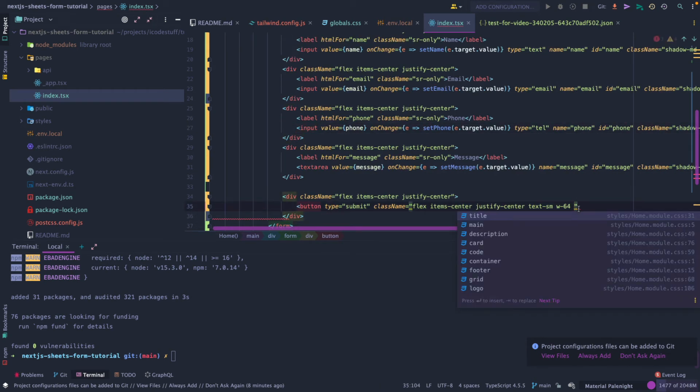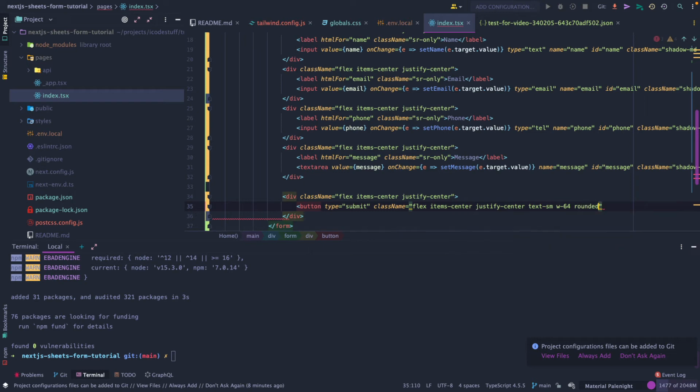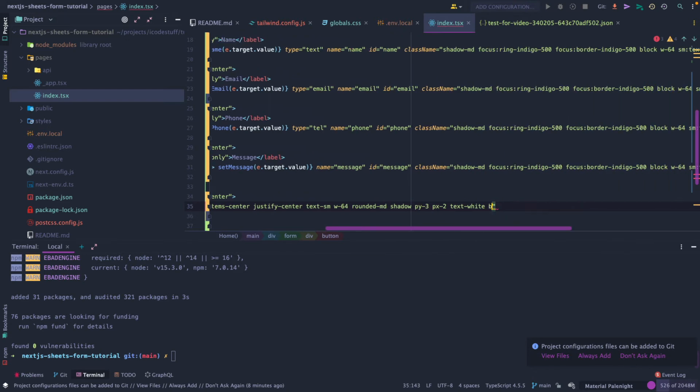And then what we can do is make it a bit rounded, add a shadow, add some not margin, but padding, vertical and horizontal, make the text white, and then let's add a background of indigo 500, and we'll